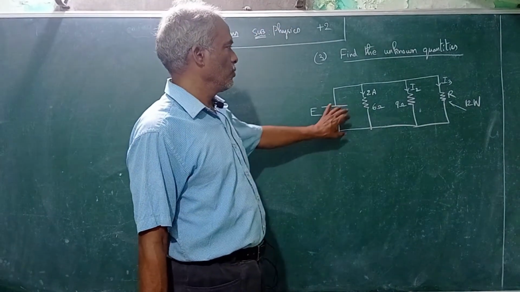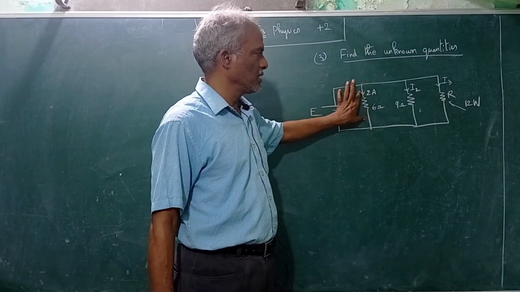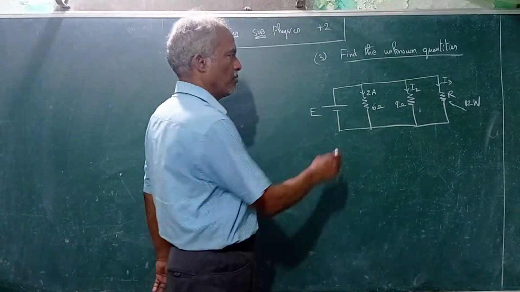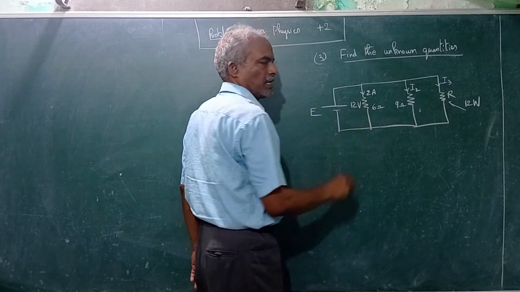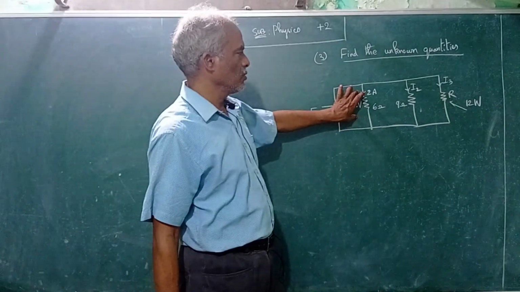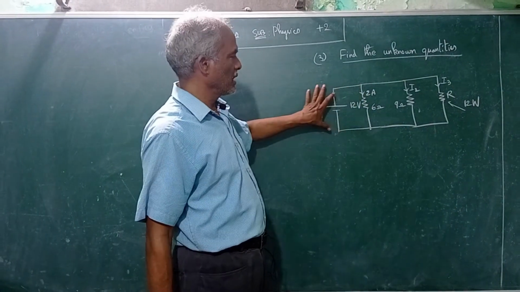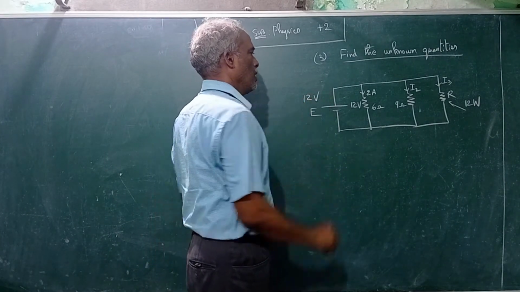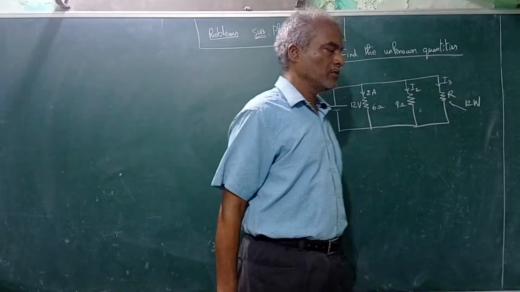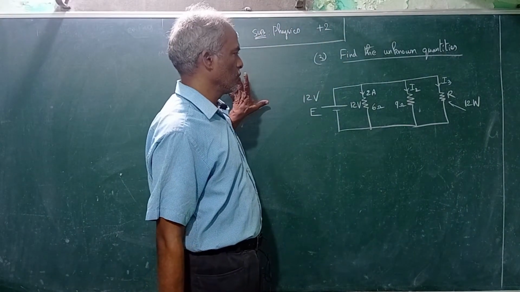So first what we do is, we know the current flowing in this 6 ohms. That means the voltage drop here is 6 2s are 12 volts. So straight away we can write, the first answer is the voltage drop here is 12. Parallel connection voltage will be same. Therefore supply voltage is also 12 volts. Why? All are connected in parallel. So supply voltage is also 12 volts.